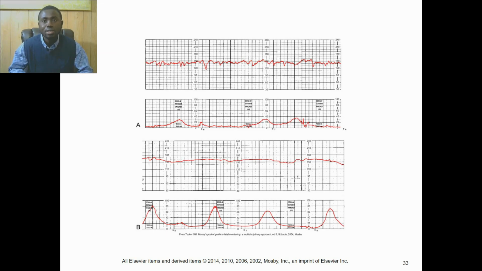So these test results are important because they tell us how the fetus is doing and if we need to deliver the baby, or if the fetus can be monitored for some time to see if they will regain their well-being or if there is no immediate harm to them.